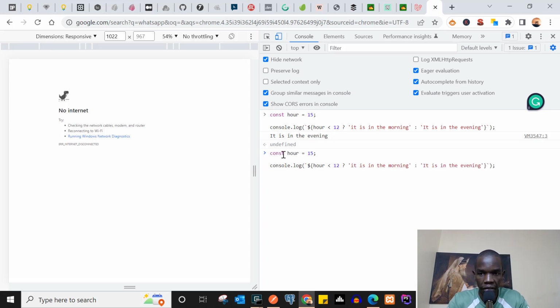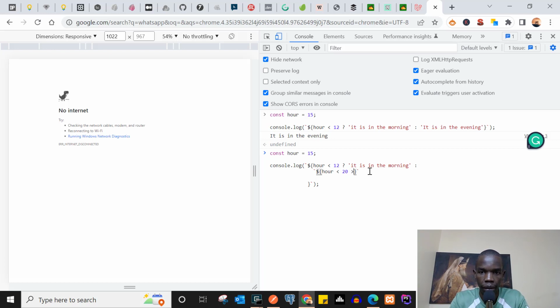But I can complicate this a little bit and say if, for example, it is in the evening and the hour is greater than 20, then we can say it is in the late evening. Otherwise, if the hour is less than 20, then we can say it is in the early evening. So at the outer section here, let me just break this down like this so that it can be more readable. So while it is in the evening, actually let me just delete this, it is in the evening since we are not going to use that. And now use our template here and say, if hour is less than 20,